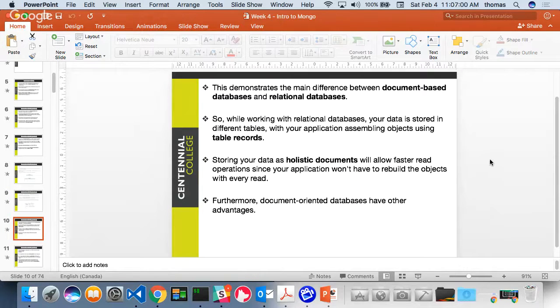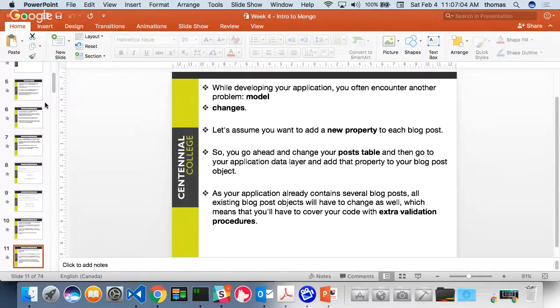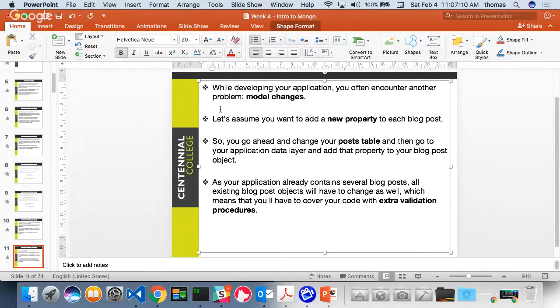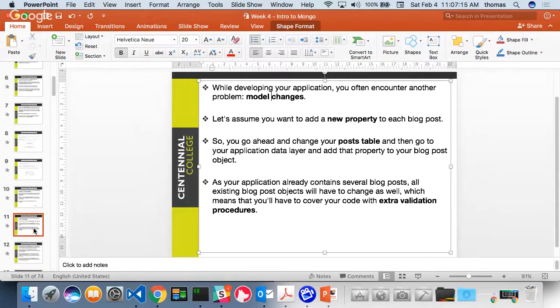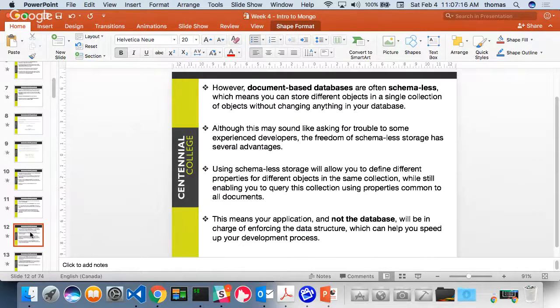So again, the idea here is efficiency, right? And that's what it's all about. I'm not going to read this, it's all excerpts from the book. I'm going to go through this a little bit more. As we go forward, you can see that it's less efficient to do something small like this with a relational database. Now, the great thing about document-based databases, and that's why they're called NoSQL, is because there are no